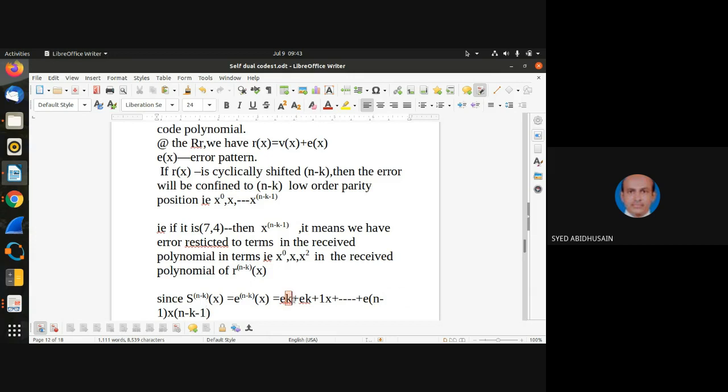So I'll write them as the suffix. Then x raised to